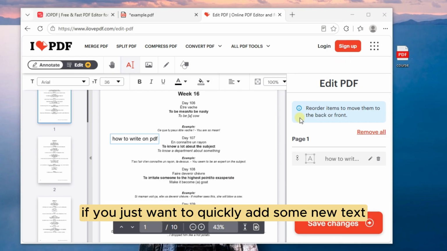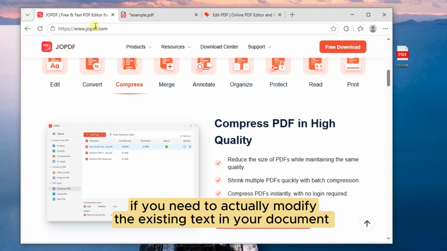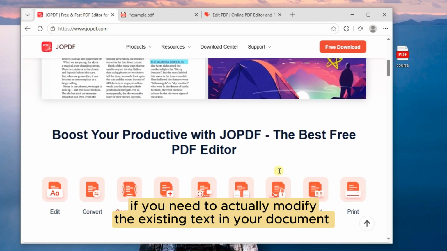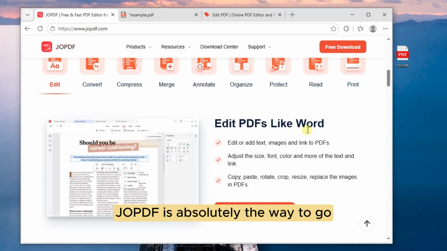To sum it up, if you just want to quickly add some new text, both Microsoft Edge and online tools are great, quick options. However, if you need to actually modify the existing text in your document, JOPDF is absolutely